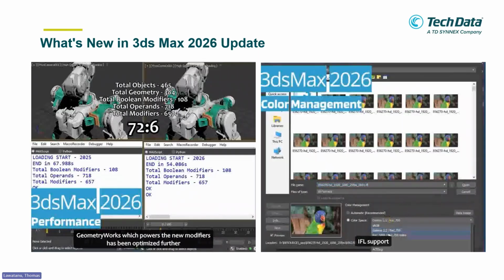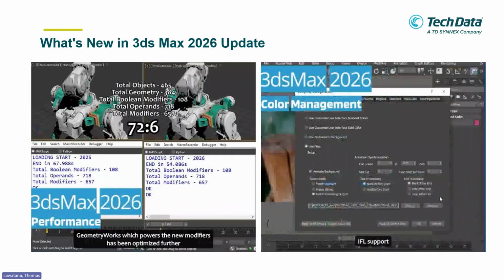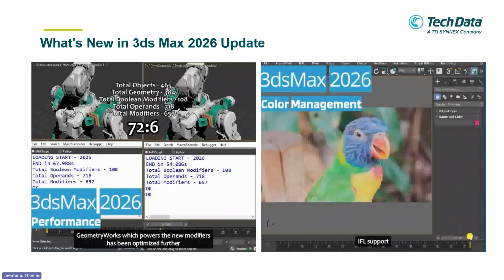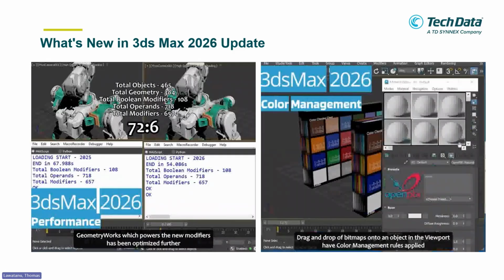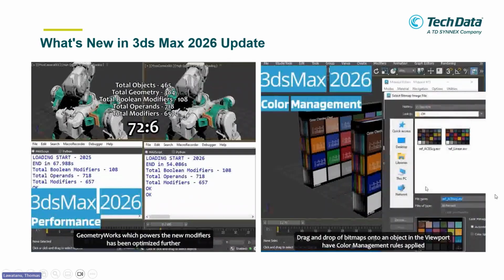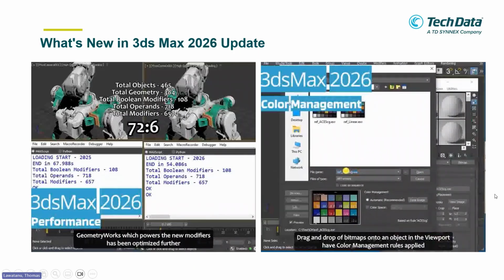You can even change it instantly. Let's say I want to change it when I see the result inside 3ds Max. This is important when you're dealing with post production. I think this is a good one, more improvement in 2026. Okay.